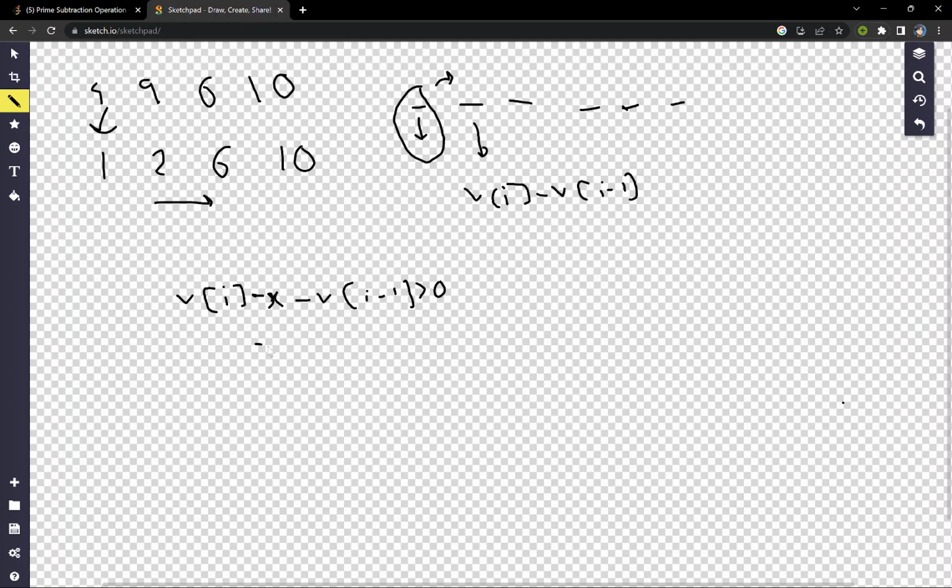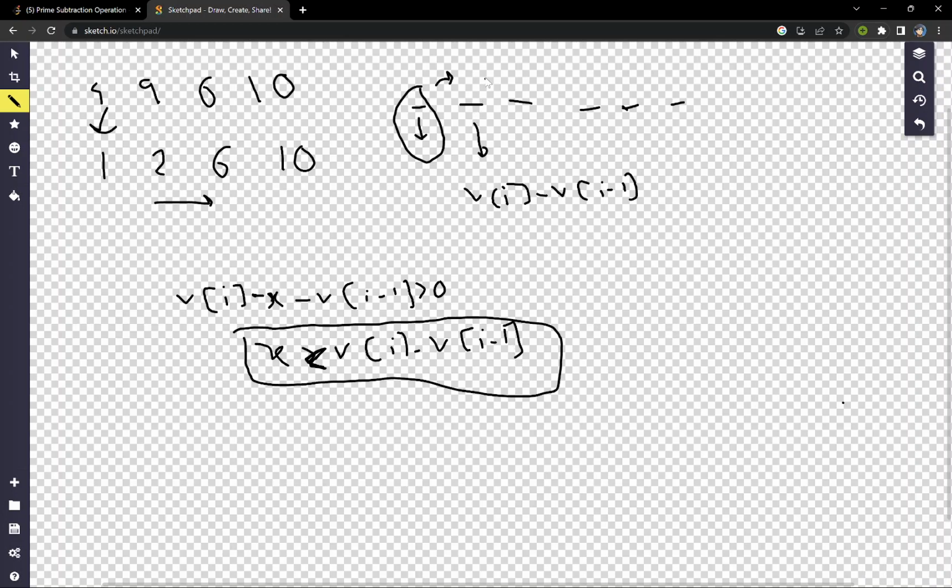So what will be the value of x? x should be strictly greater than v[i] minus v[i-1]. So what does it signify? It is telling us that we have to find a number x which is a prime number and which is strictly less than or equal to v[i] minus v[i-1].